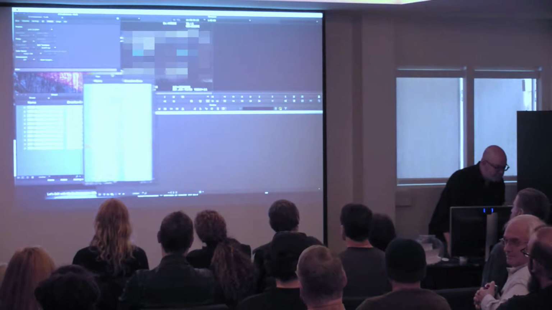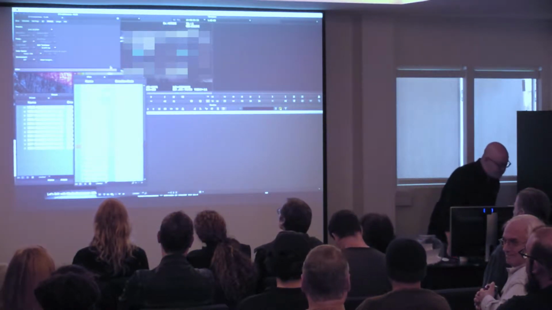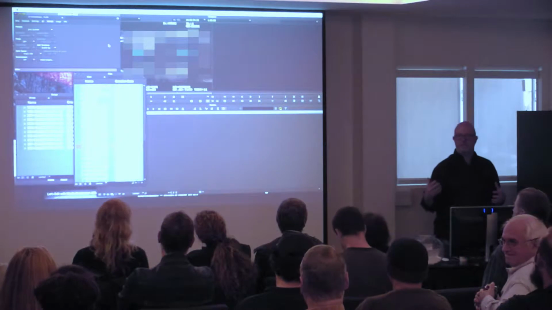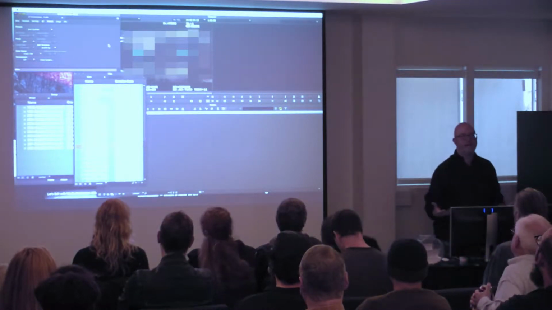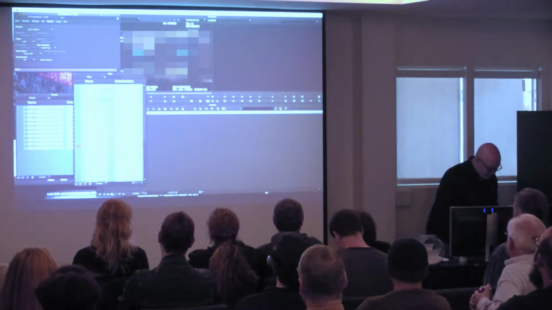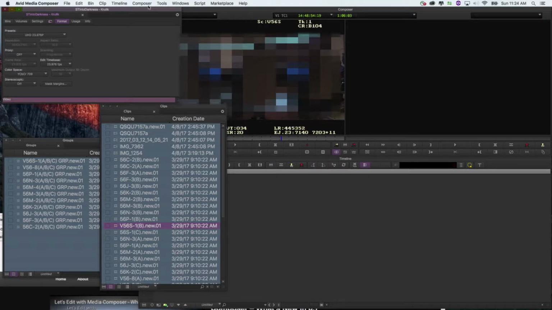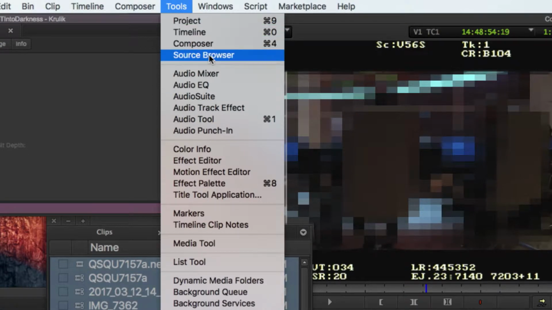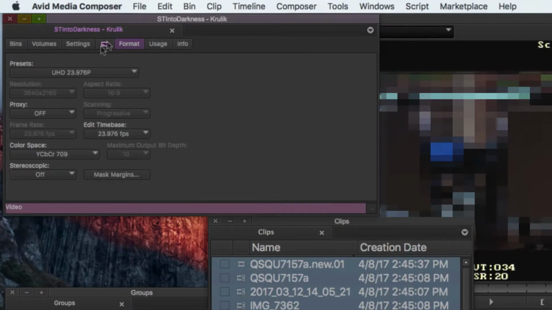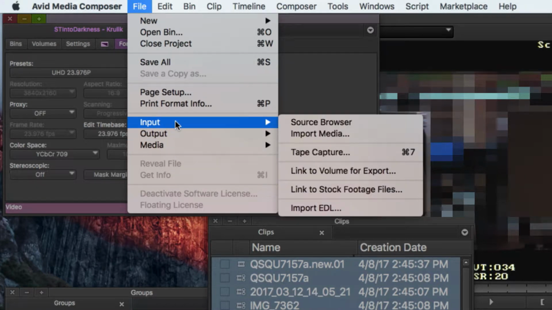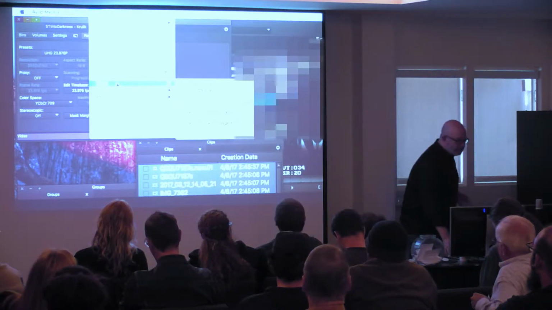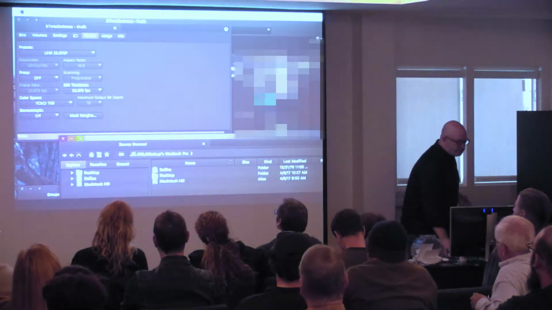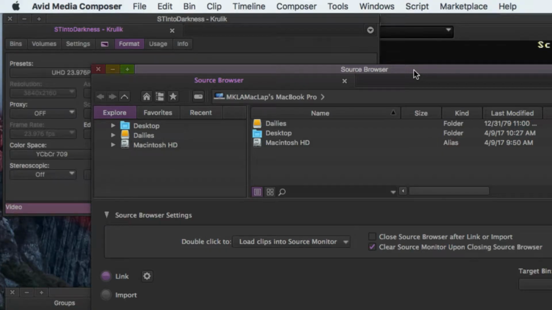So ideally, and this will take me into one of the things I wanted to show next, the source browser. We changed to a new way to look at your digital assets, at your media. If I go to the Tools menu, you're going to see Source Browser. It's also under File, Input, Source Browser. What we've done is we've changed the link to media, or AMA link, and now that's all done in the source browser. The source browser is a window in Media Composer, which lets you navigate to your